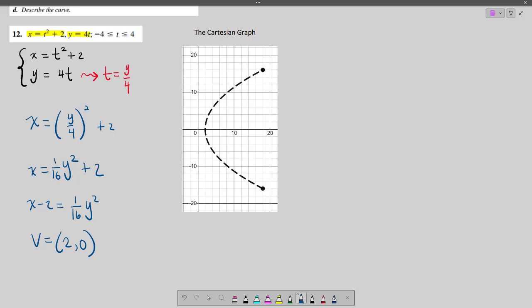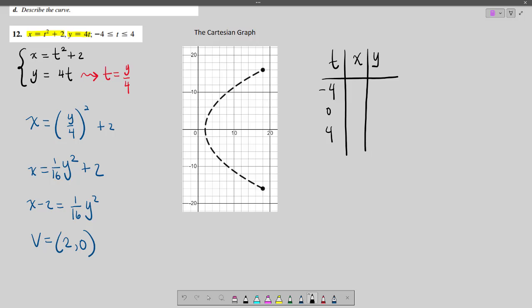Now, to finish off the parametric curve, we need to know where we are on our domain. So we're going to do our t, x, and y thing and figure out some points on this parametric curve. We certainly want the endpoints, so t equals -4 and 4, and we'll pick one point in the middle. Those are our parametric equations. We'll refer to that as a parametric curve, but technically this is the curve. You can refer to that as a parametric curve, or the equations for a parametric